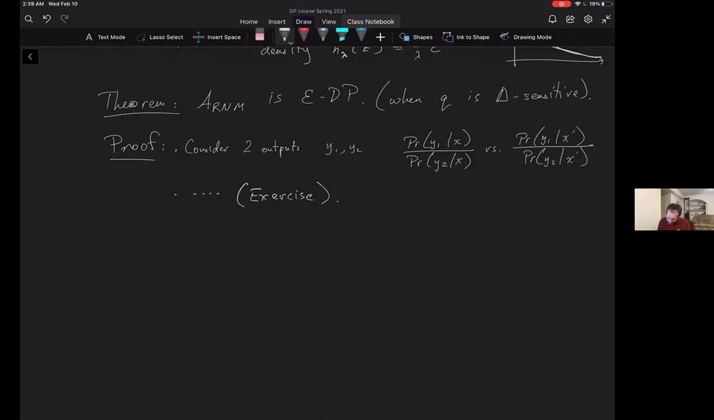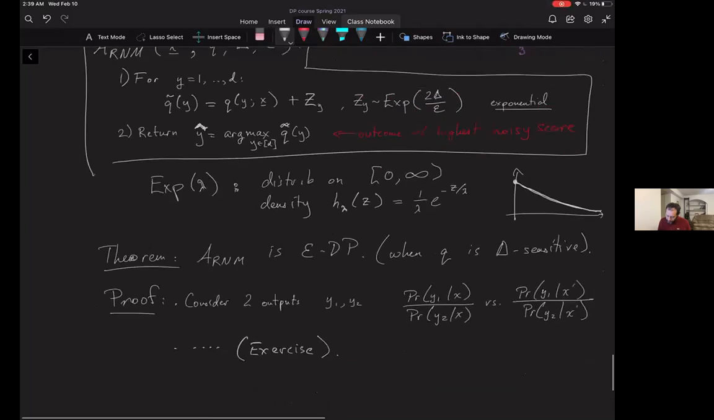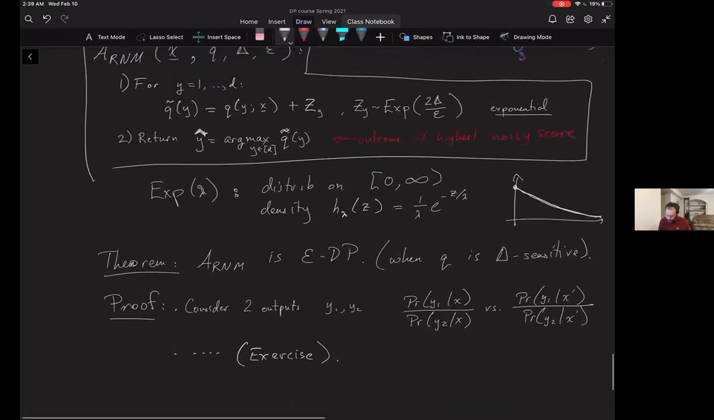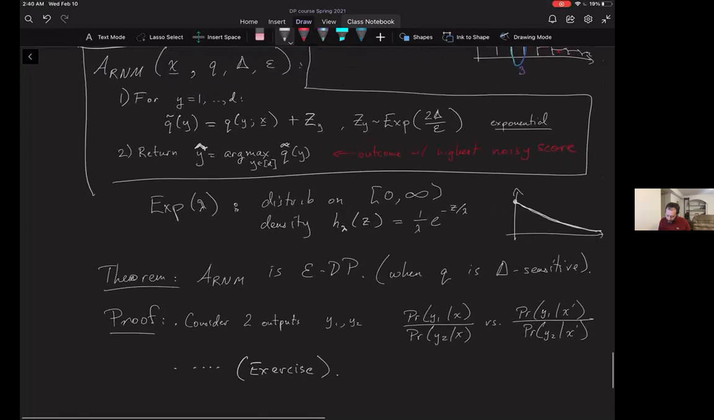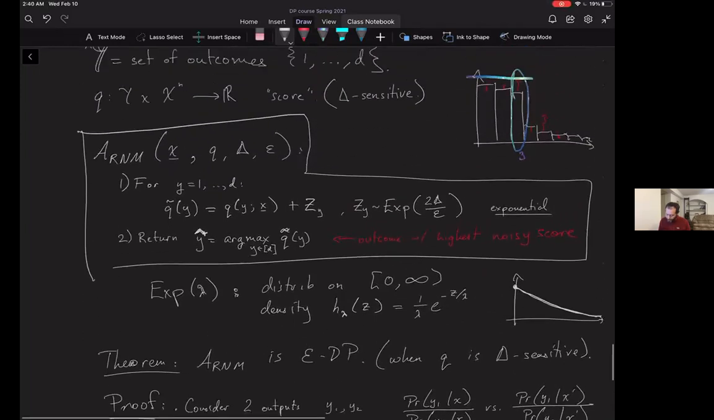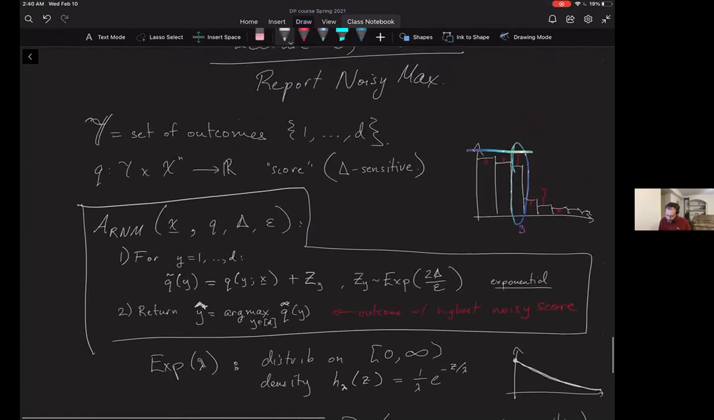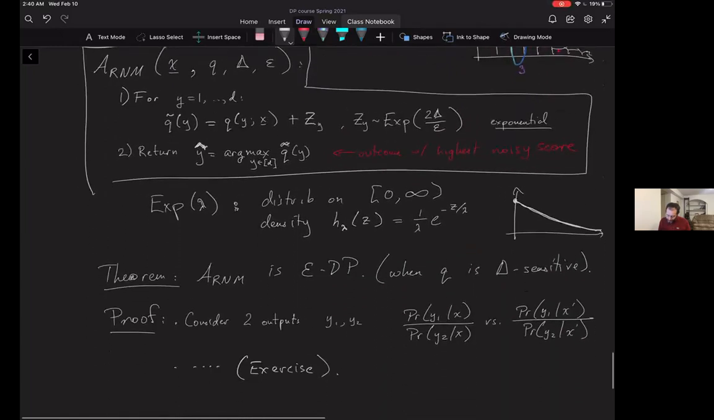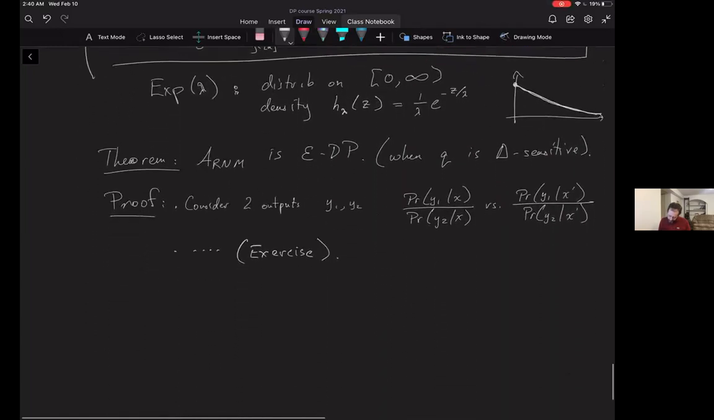Okay, and so privacy is a little harder to prove for this mechanism than it is for the exponential mechanism. But on the other hand, utility is actually much easier to understand. So we can consider a proposition kind of like we had for the exponential mechanism. So for all x,